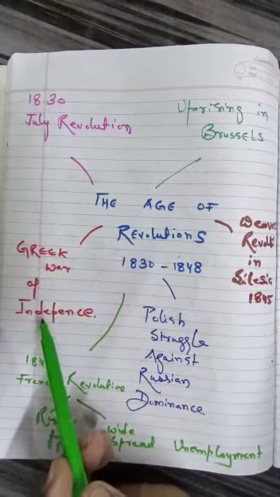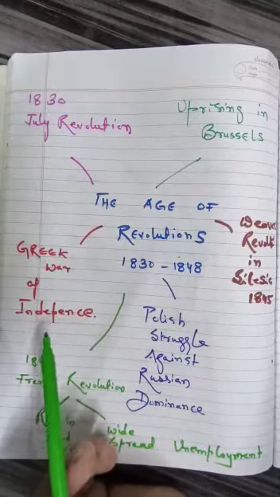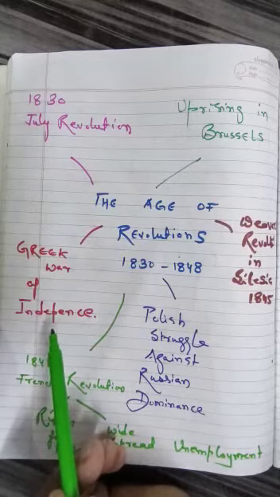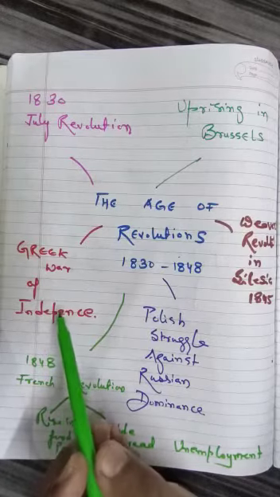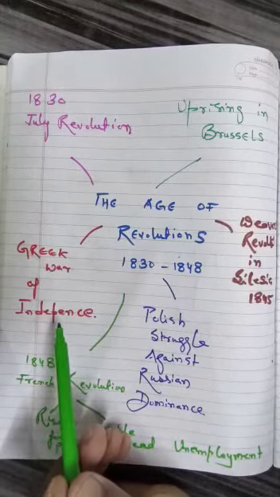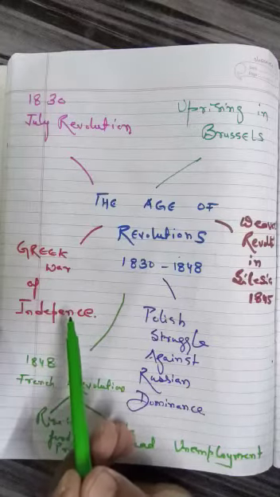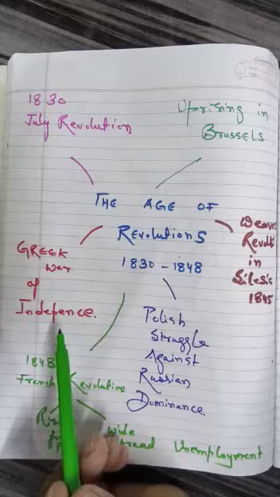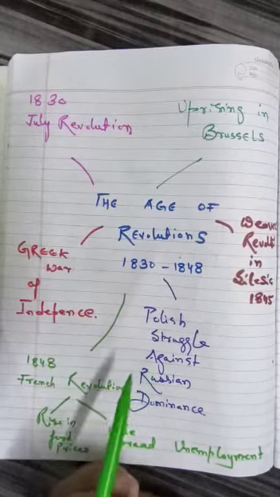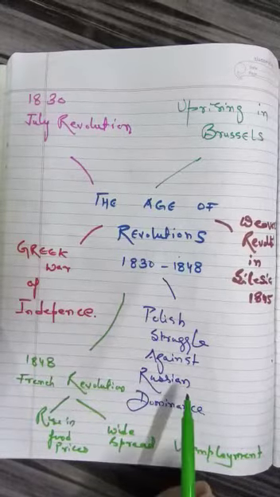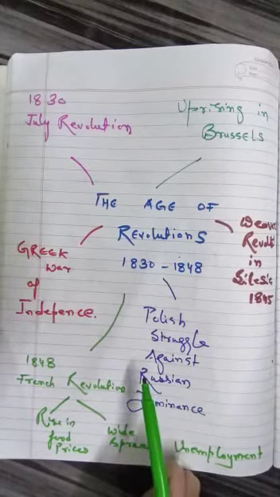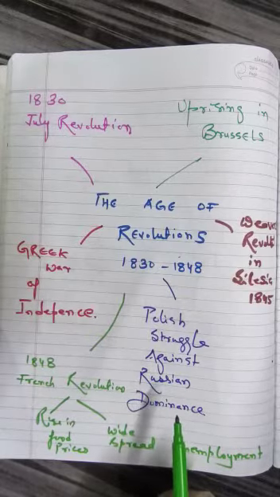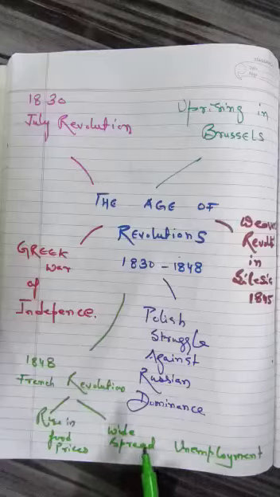Greek War of Independence. It was the struggle for independence in Greece, which was a part of the Ottoman Empire since the 15th century. The struggle began in 1821 and it was in 1832, by the Treaty of Constantinople, that they became an independent nation. Polish struggle against Russian dominance. Poland was captured by Russia. Russians imposed their language on the people, and in 1831 the people revolted in the form of an armed rebellion,